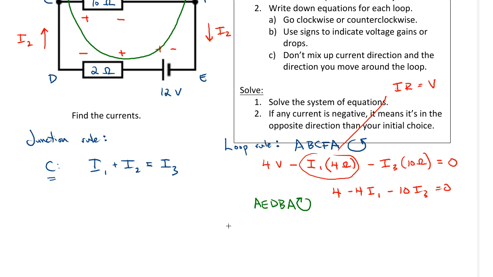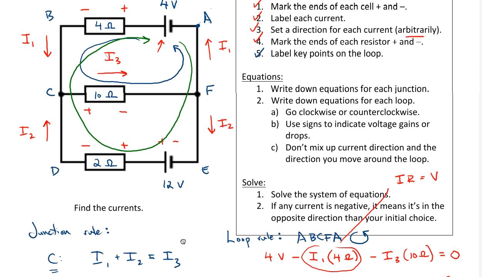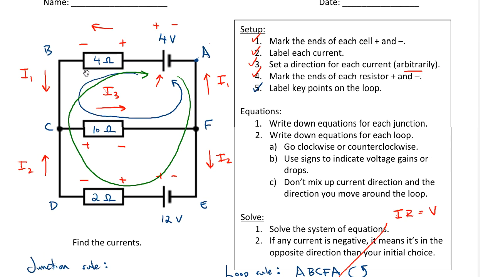If you take a look there, what we're doing first is going through this 12-volt cell at the bottom in the forwards direction, so that's a 12-volt potential gain. And then we go through this 2-ohm resistor with current I2, so that's going to be a drop of I2 multiplied by 2 ohms. And then we go all the way up to here, and notice here we're going backwards